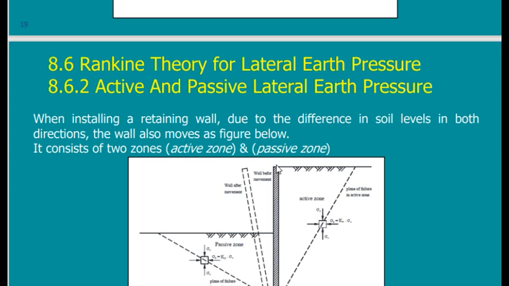What is important is gamma H, gamma of water multiplied by H. This is the vertical. It means that this is the horizontal. In water, it is the same. In water, sigma active, sigma passive, sigma naught, all of them equal 1. It means that sigma vertical is the same as sigma horizontal in all directions. So in this case, if I have a small crack here, and this crack is full of water, you will have here